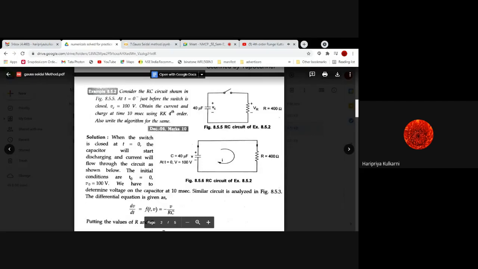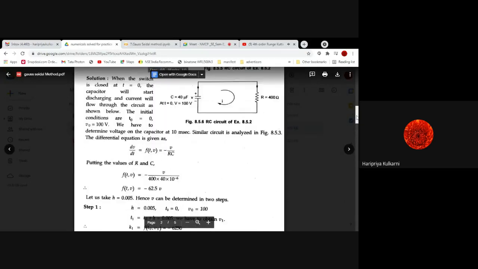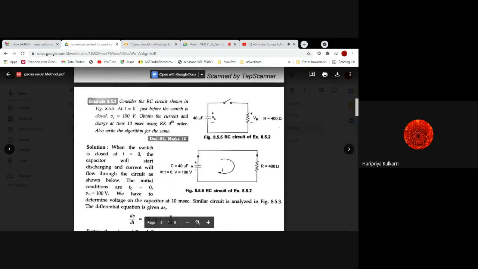Okay. So in the fourth order Runge-Kutta method, we have to find out K1, K2, K3, K4, four constants, and then we can find out the function. This is one of the iterative methods through which we can solve the differential equation. So we have an electrical application which we are going to consider.